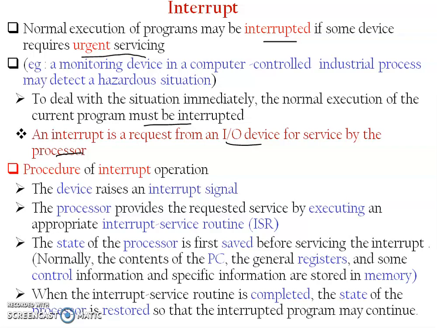This interrupt will be raised by an IO device in order to be handled by the processor. For that, some sequence of operations will be performed: the device raises an interrupt signal, and the processor provides the service by executing an interrupt service routine, which means that